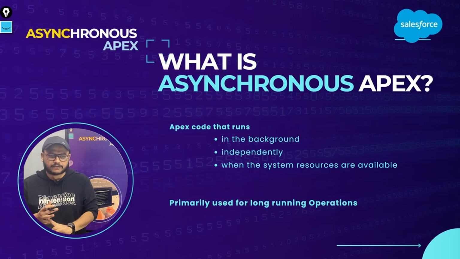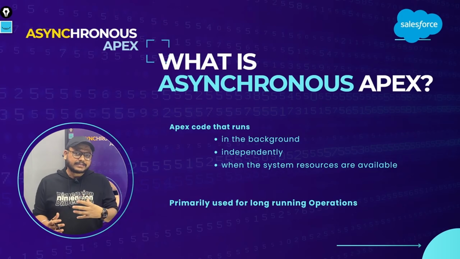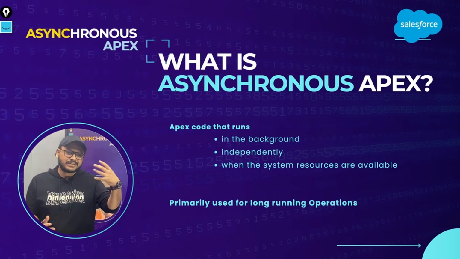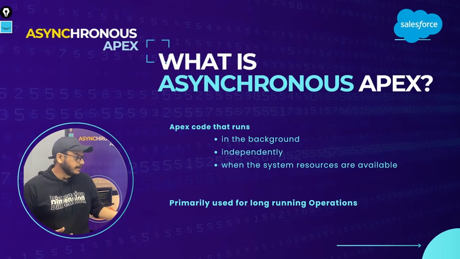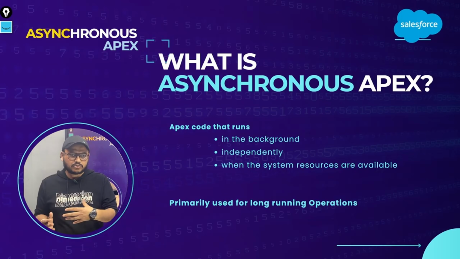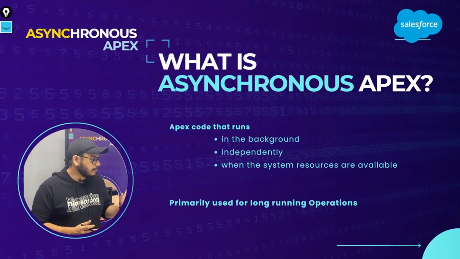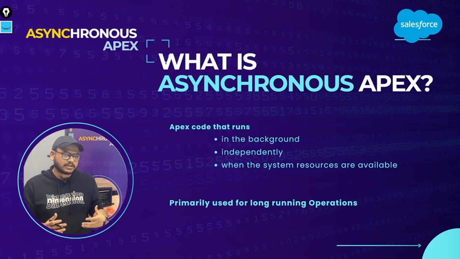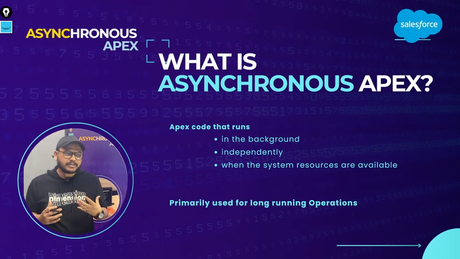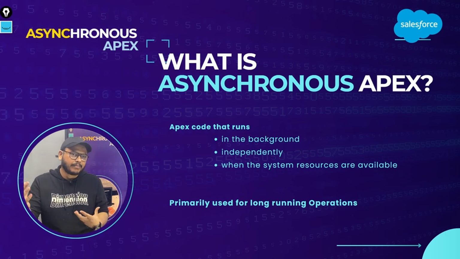So there are different ways of executing asynchronous Apex. And it is something which is capable of starting to execute on its own, independently and in the background. So there is no immediate user interaction required. And the purpose of this is basically to get executed when the system resources are available. All right. So now we may be thinking, okay, fine, why do we need something like this, which needs to execute in the background